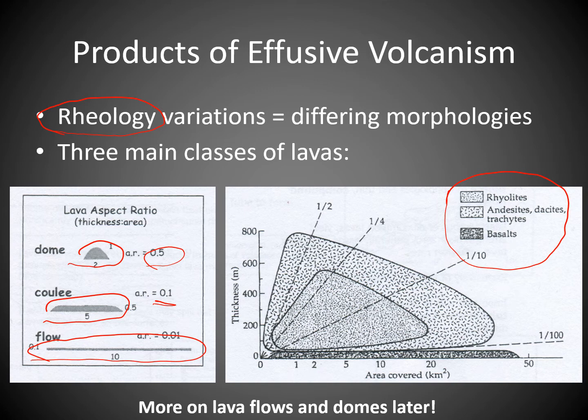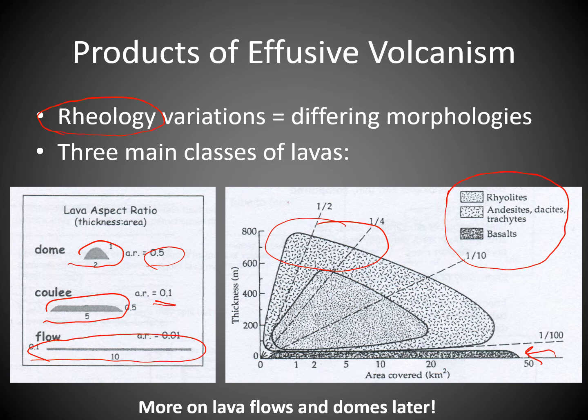Basalts tend to have low yield strengths, low viscosities, and tend to form lava flows that are long and thin. Rhyolites have a really high viscosity, real high yield strength, so they don't flow far, and they're really thick, so you have a really high aspect ratio. So domes tend to be rhyolite,